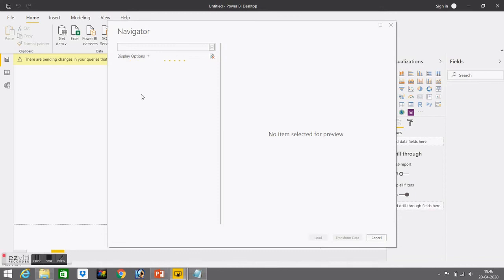Here we will get the same tables, like the Excel Northwind database we got. We have to do the same process: select a few tables from this and transform them.